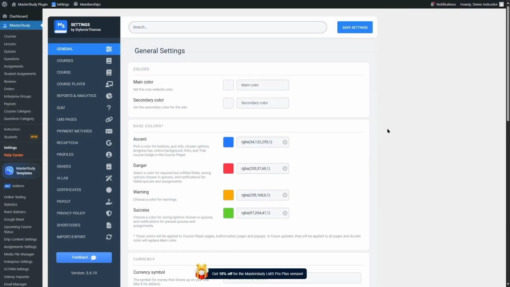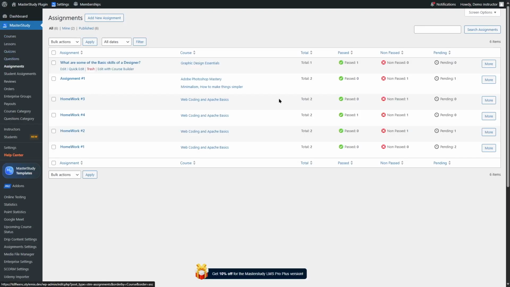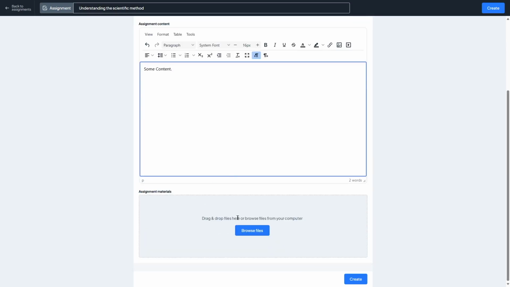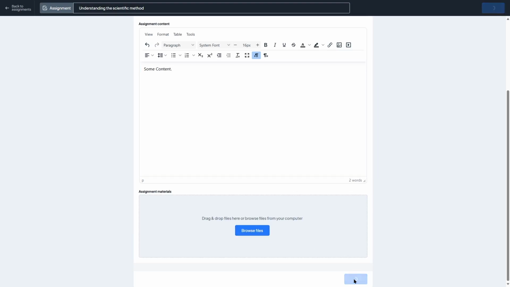Now there's another way to add your assignment, and that is by clicking on MasterStudy and clicking on assignments. So if you click on assignments, it's going to bring you to this section. From here, you can click on add new assignment button and create another assignment. For example, let's create one from here. We can write a title over here. We can set the assignment attempts. We can set the passing grade, and we can write content over here. And we can also add assignment materials if you wanted, but we're simply going to click on create, and the